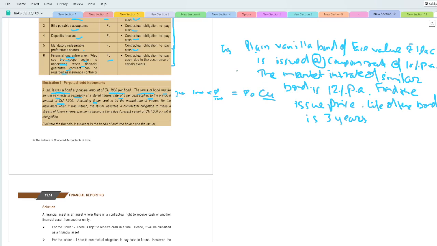Okay, so just for the time being, just focus on this example, because you should have an understanding of the coupon rate and the market interest rate. I'm preparing one equation here. This is for 3 years. The coupon is 10%, so 10% of 1 lakh comes to 10,000. Correct? 10,000 for the 3 years.